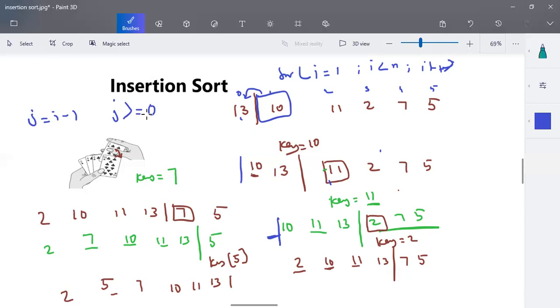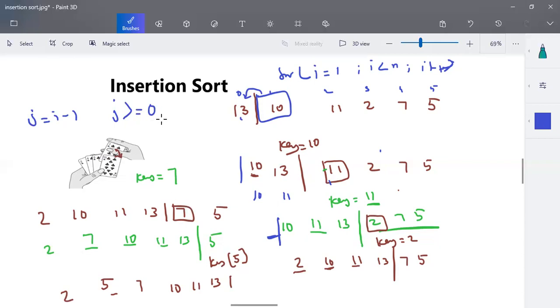So j, you can have the value as this loop will be executed till j greater than or equal to 0 for all the elements. In this case, we try to compare 11 with 13 and we moved it, and 11 is compared with 10. And in this place, what happened? This 10th element is in its position. So we are not going to stop at this 10. We're just going to insert 11 here. We don't check the prefix of this 10 too.